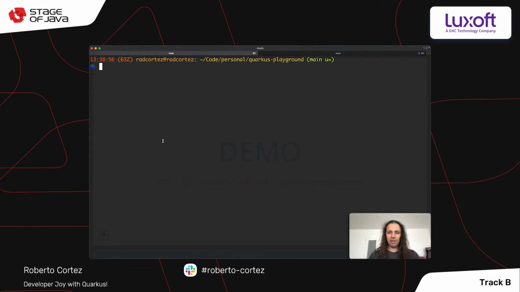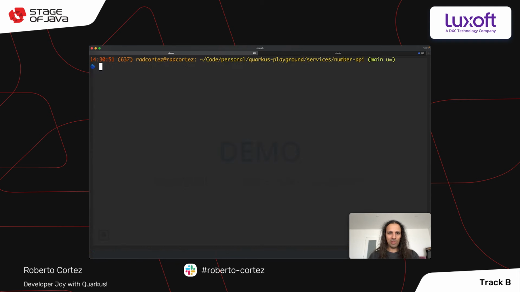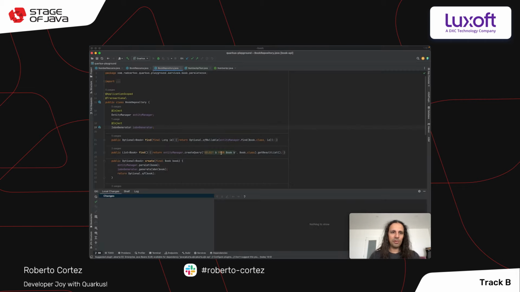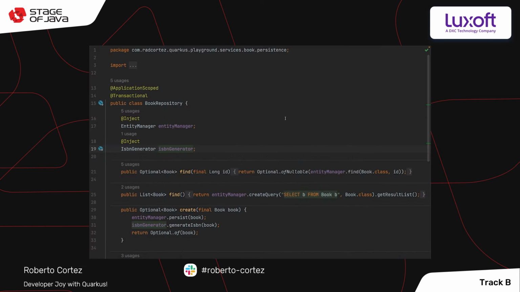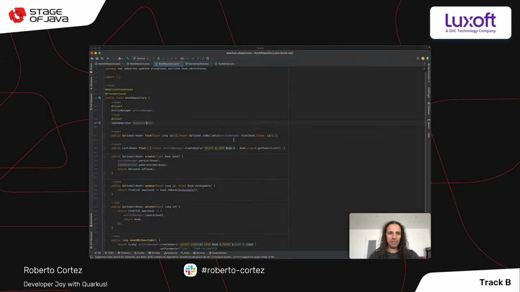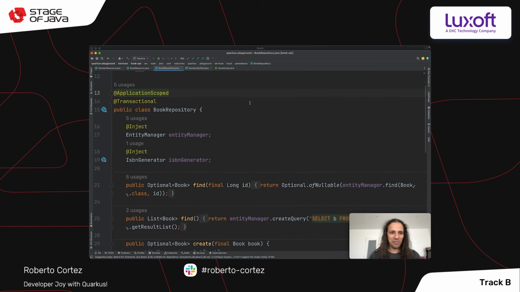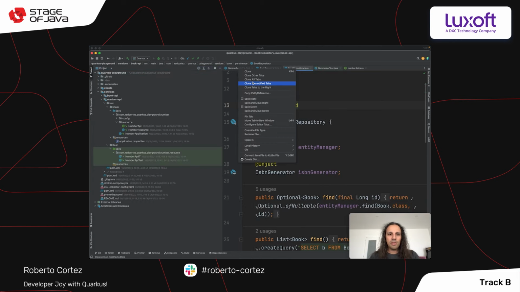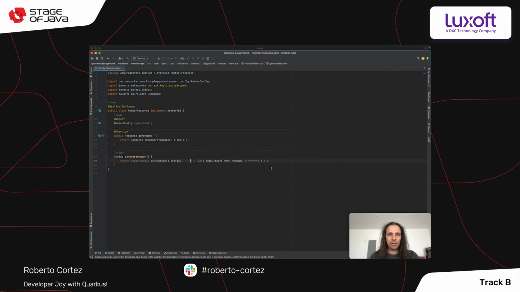I have here a Quarkus application. Let's go here to services, and there is something called number API. So if I go here to IntelliJ, let's put this into presentation mode, actually. If I put it in presentation mode, my screen will just go away, so I'll just put it like that. So let's close all of this, and so here's